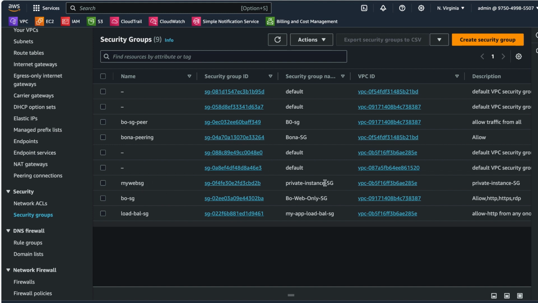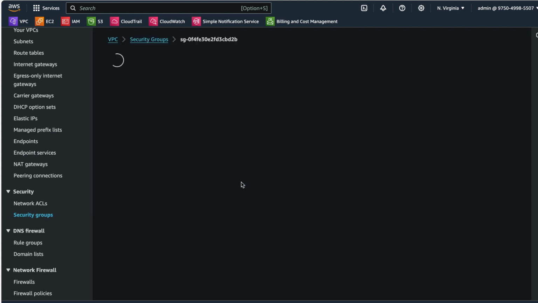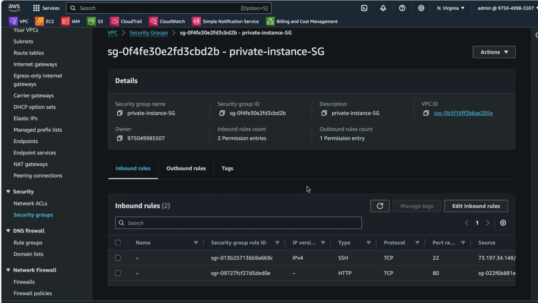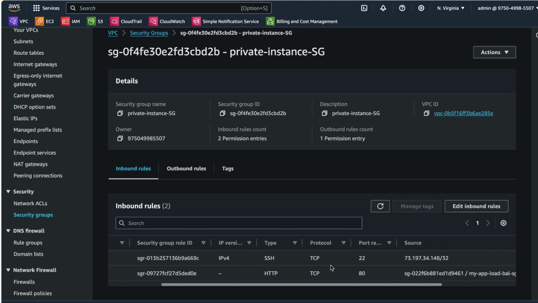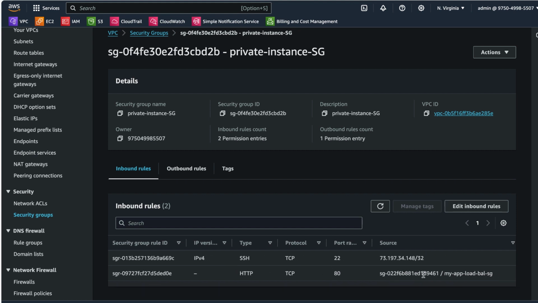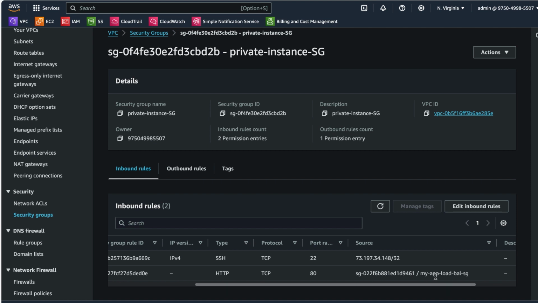So when I come to create my web security group, or private instance security group, however you want to call it, in my inbound rules I have SSH and I have HTTP. HTTP is the most important one because its source is directly the application load balancer security group,